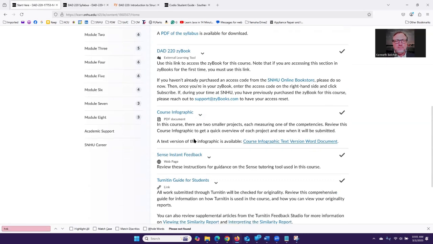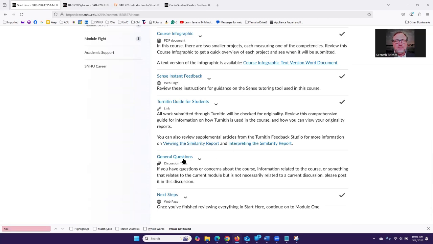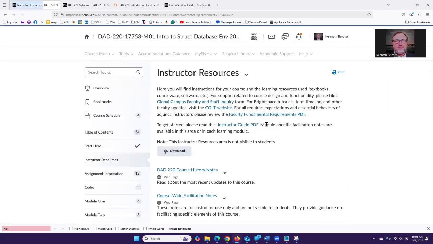And then, like I said, we'll use the interactive book, and there's the tool that gives you instant feedback as you do submissions. And so, it does require code. Here's the Turnitin. Here's the general discussion, questions, topics. So if you see that in there, you check it, and someone else has questions and you went through the same issue, feel free to respond. That's for everybody in the class at any time. And then, once you review all those, the next is to go on to module 1, and